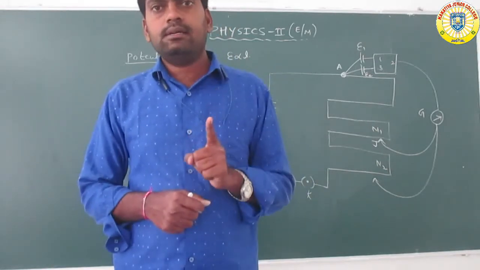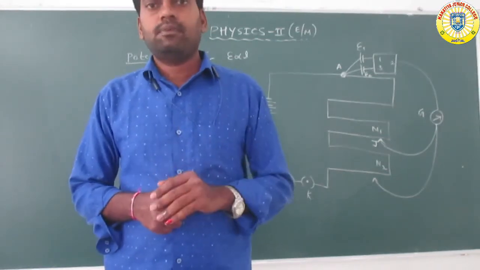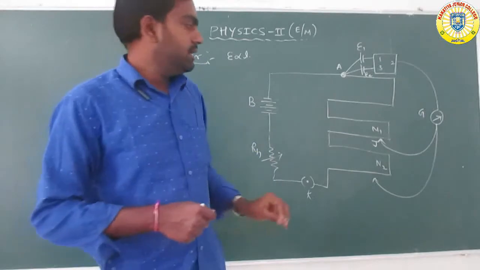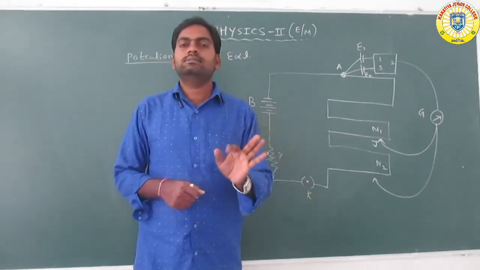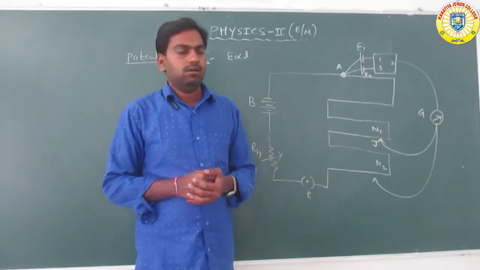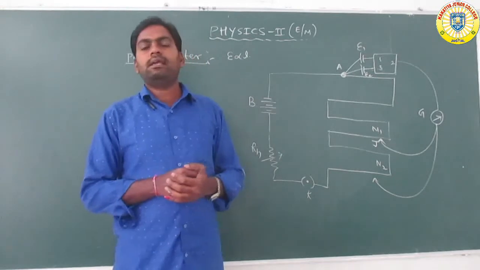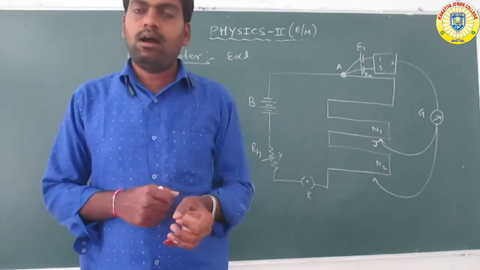The steady current flows through the circuit. The current is drawn from a battery, but the steady current flows through the circuit by using the rheostat. And the plug key is used, which is just like a switch. Okay, switch. So E1 and E2, the two cells being compared, are in